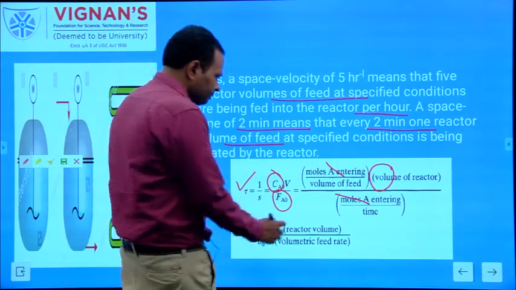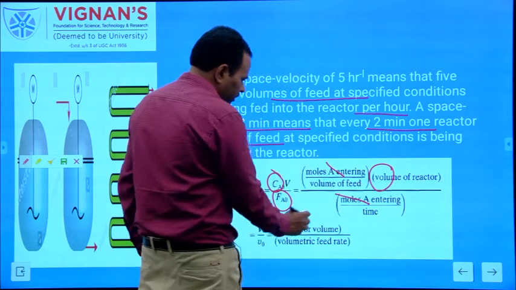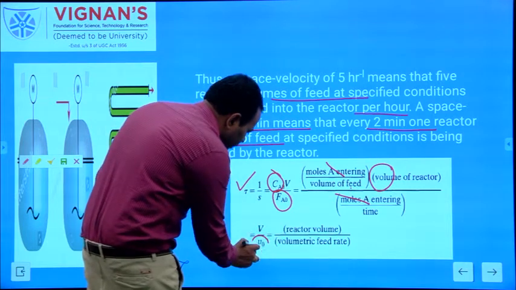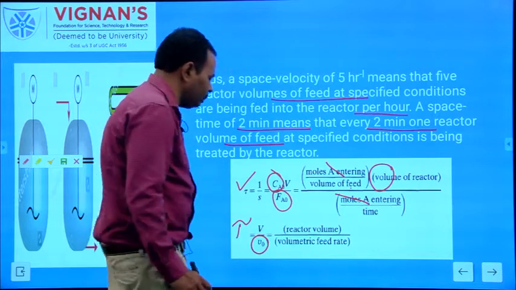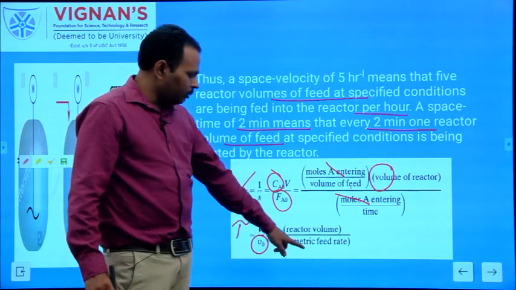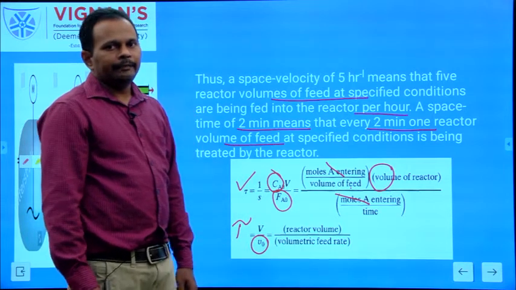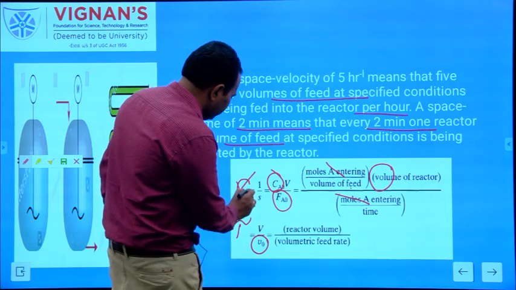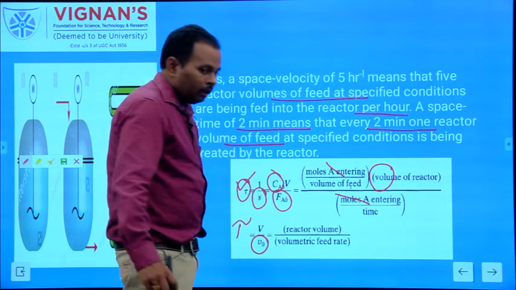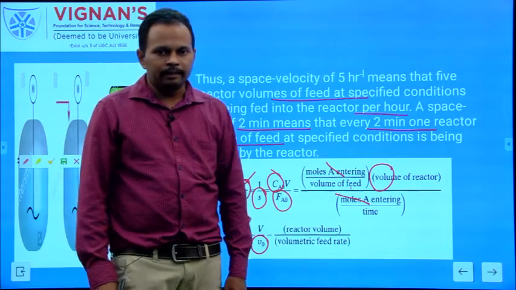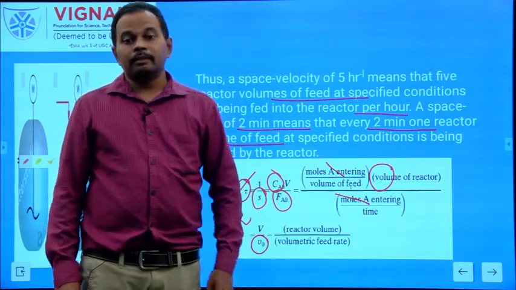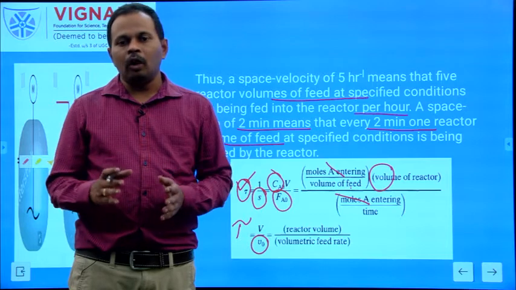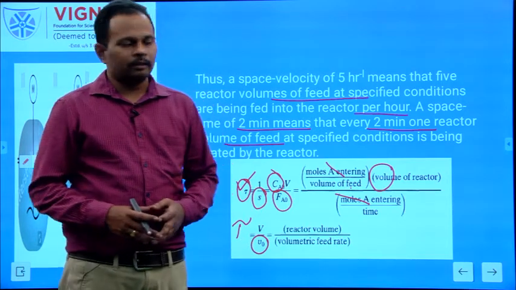You can obtain this as the volume of the reactor divided by the volume of the feed, which becomes the volumetric flow rate. Tau is equal to V by nu naught, where V is the volume of the reactor and nu naught is the volumetric feed rate. Okay. So here tau and S are the performance measures of the reactor. That means at space time tau, how much of the reactant gets converted to the product.